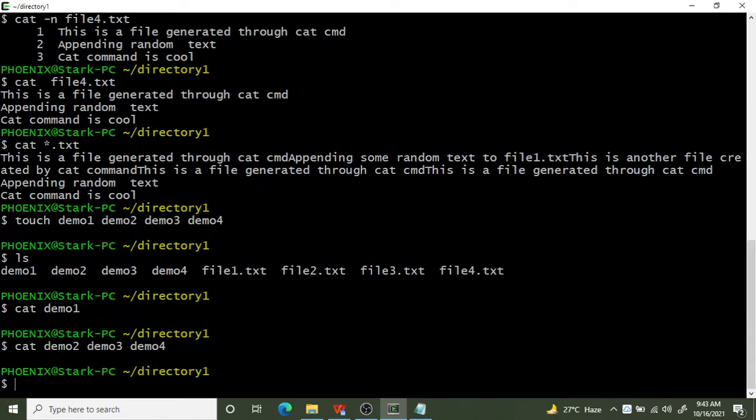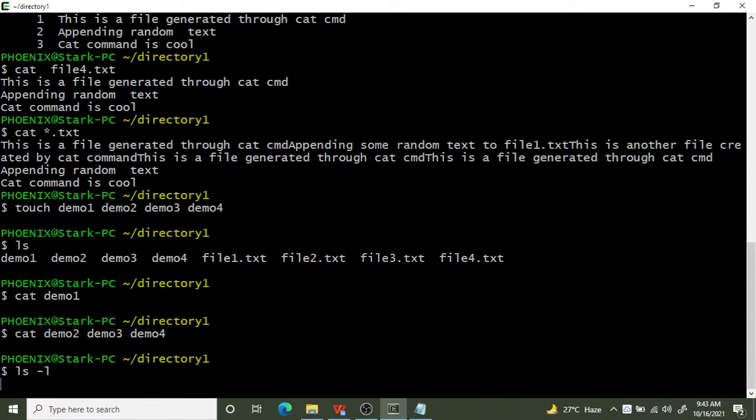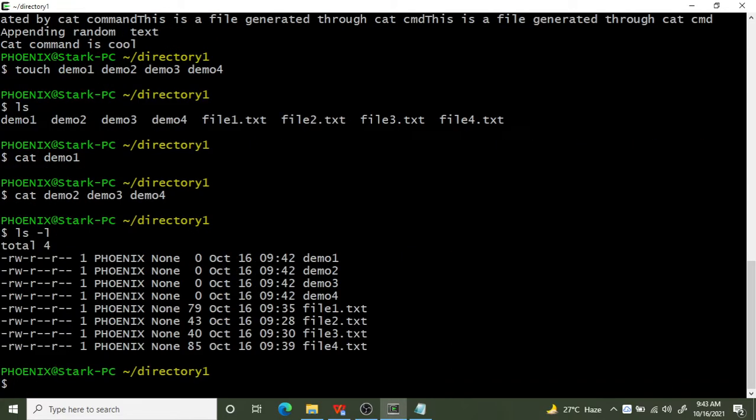I'll show you what that time-stamping is. Try ls -l, the long listing format. Can you see all the files I have just created, demo1, demo2, demo3 and demo4?